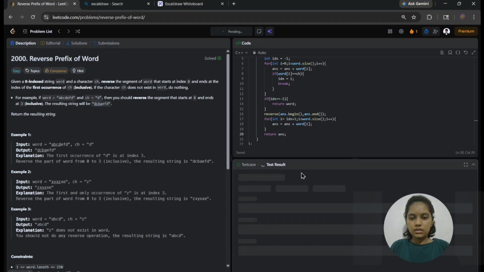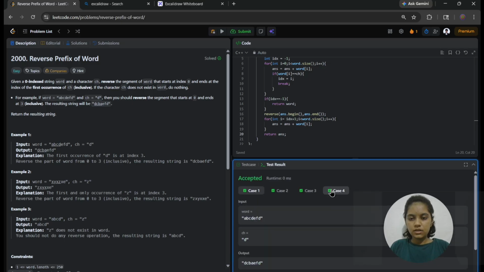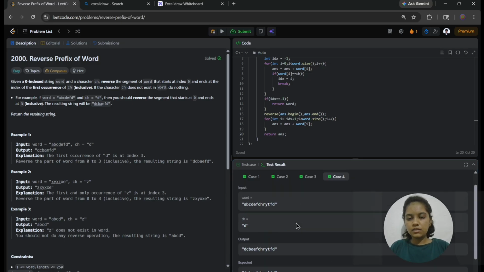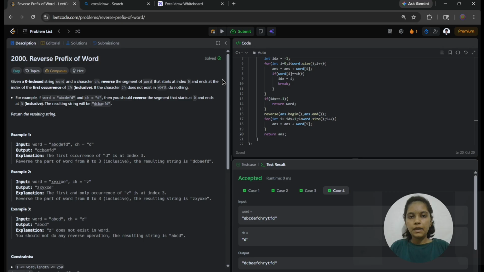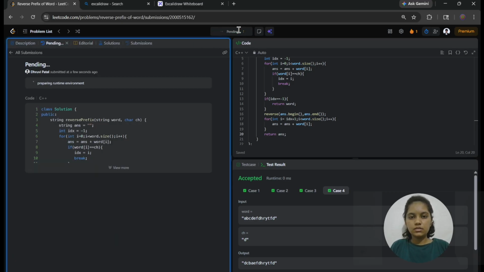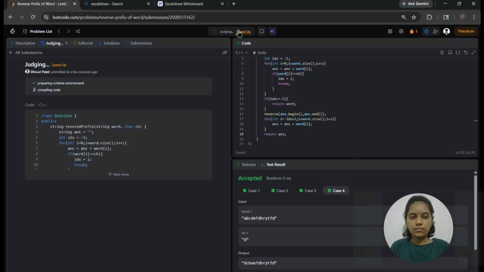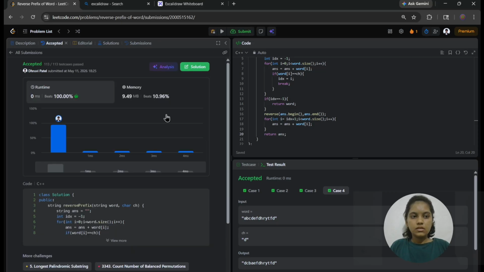Now let's check. So as you can see, it passes our custom test case also. Now I am checking the code by submitting. So as you can see, our code is 100% correct and its runtime is 0 milliseconds, and it passed all the 113 test cases successfully.